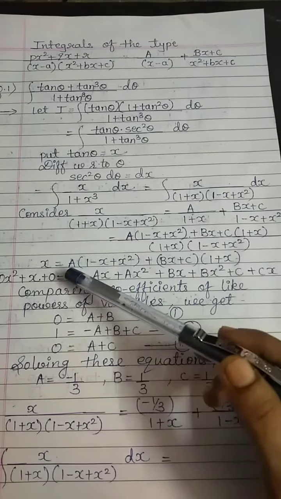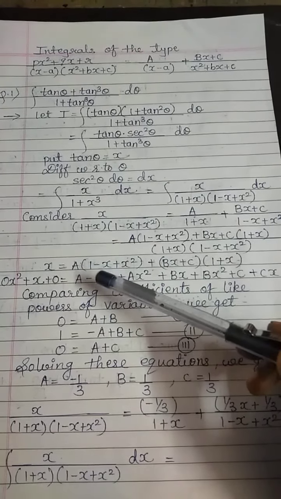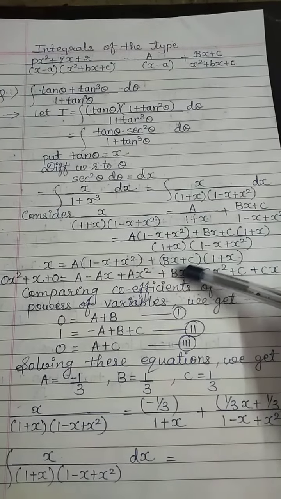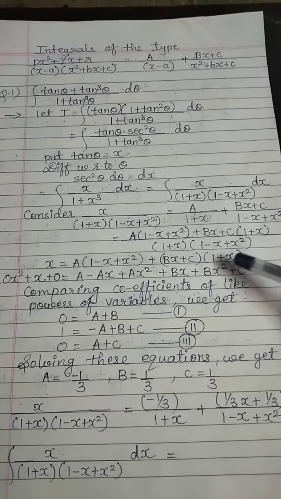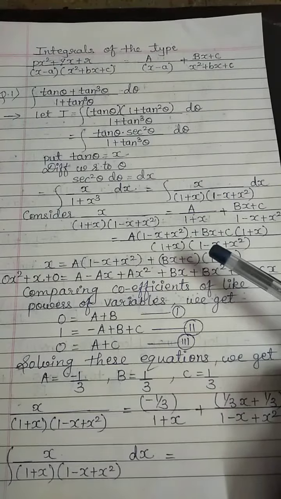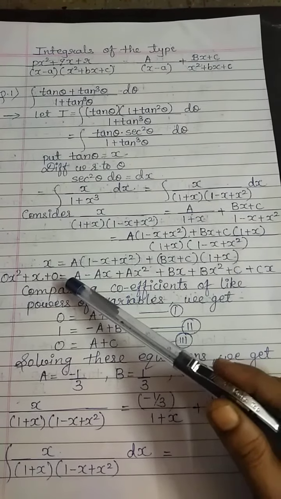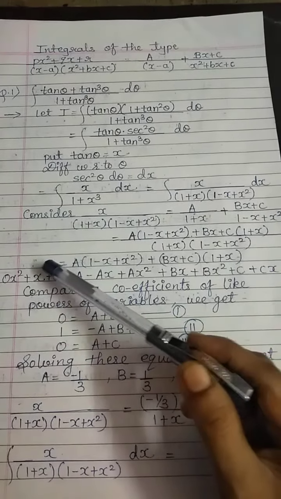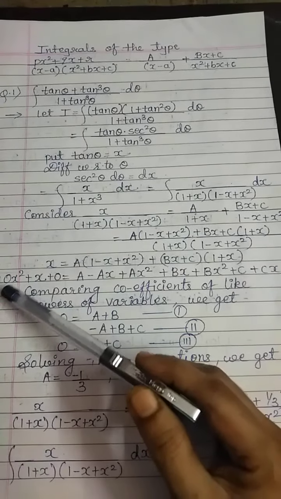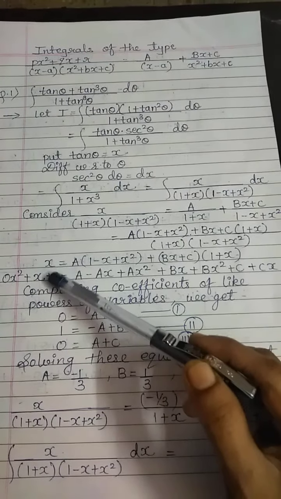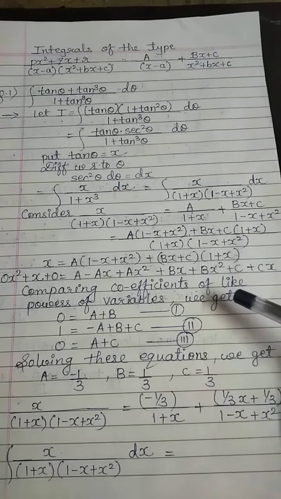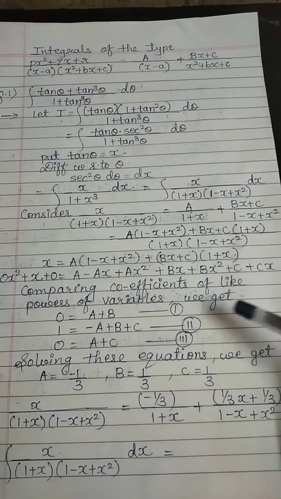will be x is equal to A into (1 minus x plus x square) plus (Bx plus C) into (1 plus x). Now if we multiply these brackets, then we will get this expression, and since on the left hand side we have only x, we can write this as 0x square plus x plus 0. Now comparing the coefficients of like powers of the variable, we get